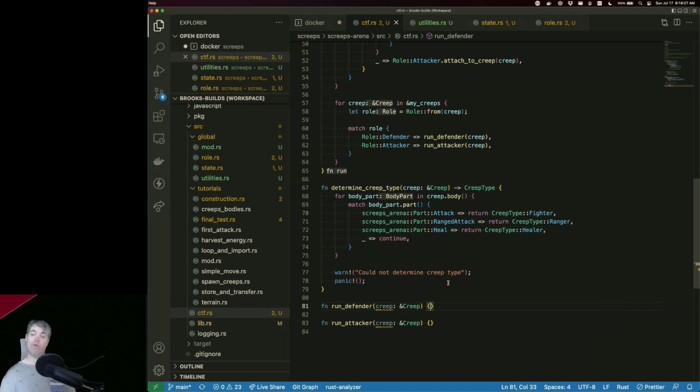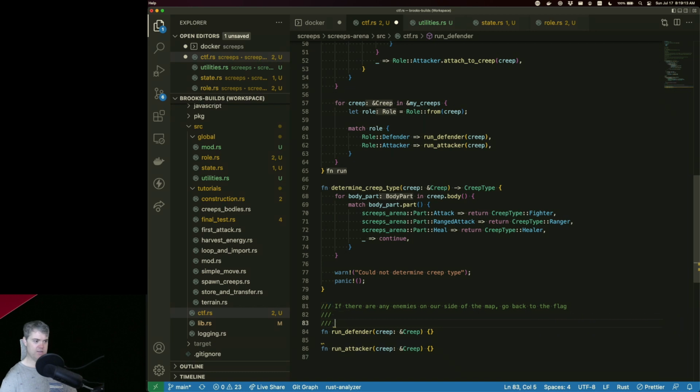Okay, so defender, what do I want you to do? So, for a defender, if there are any enemies on our side, then I want to get back to the flag. Otherwise, collect body parts. There's also going to be like the attacking thing. So if there are any enemies on our side of the map,